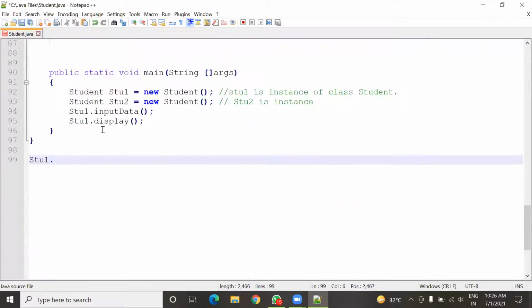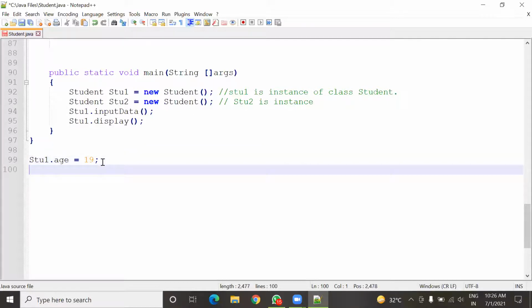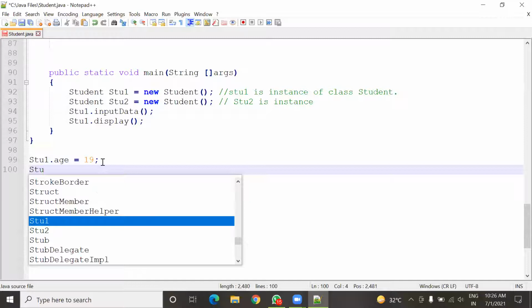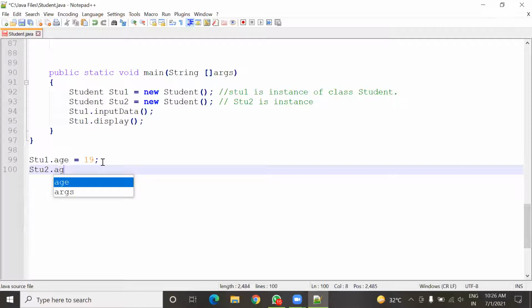So let us take age. stu1 dot age equals, if I am giving this 19, it means only this first object's variable age will contain this value 19. In the second object, I can put another value. So stu2 dot age equals, for example, here I am going to put 20.